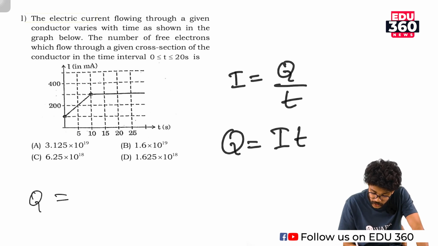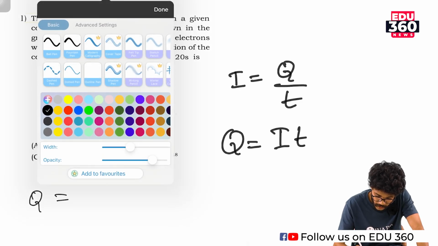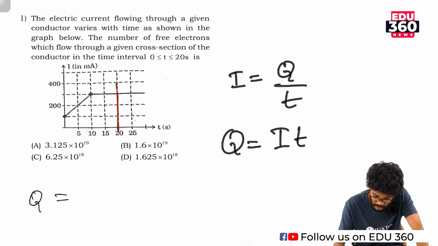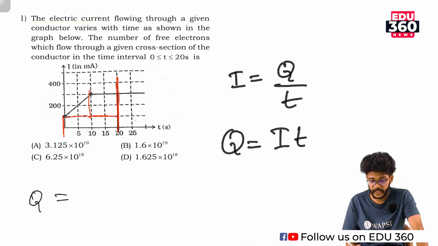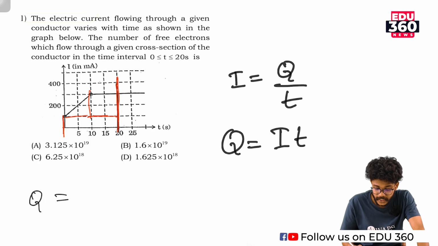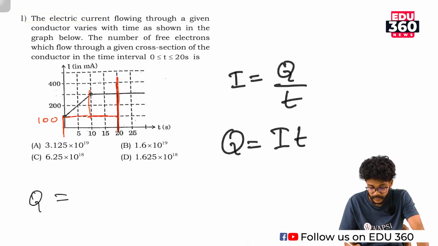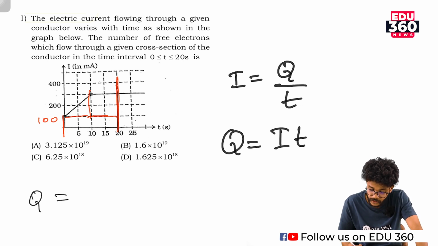So from 0 to 20 second, this line gives the 20 second line and this is 0. So we can divide this into a rectangle, a square and a triangle. Okay, in the rectangle, the one unit is 100. So 100 milliampere into 20 seconds. Okay, that will give 2000